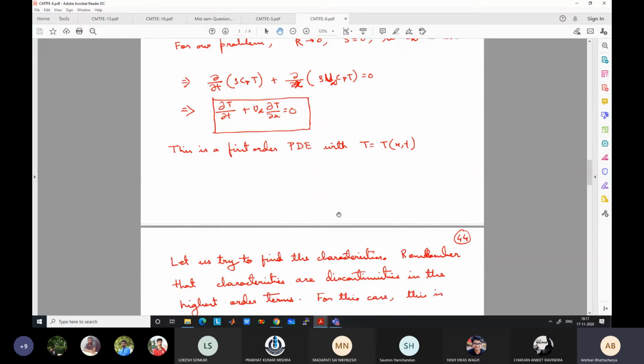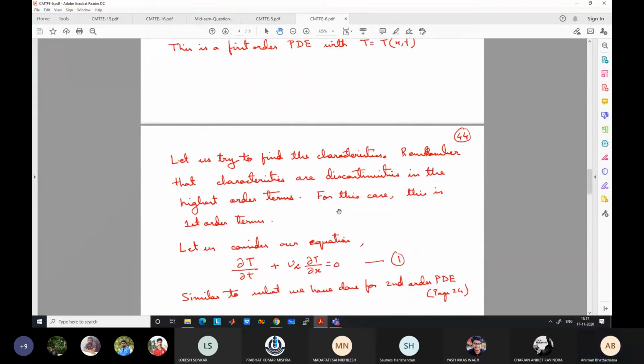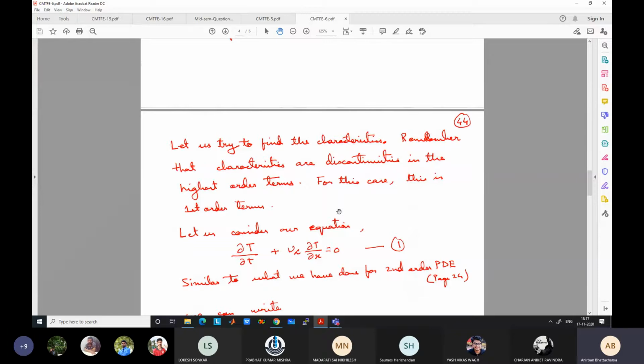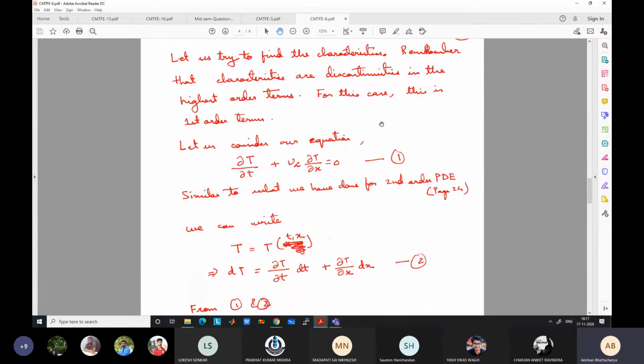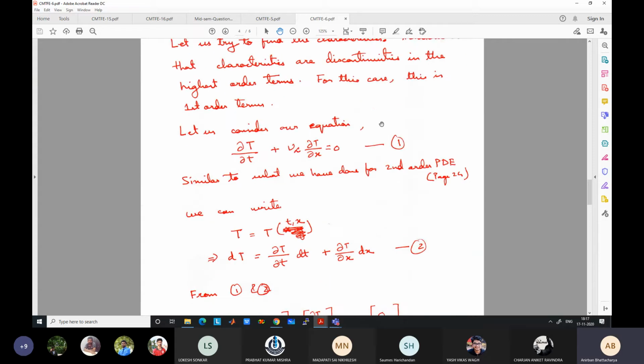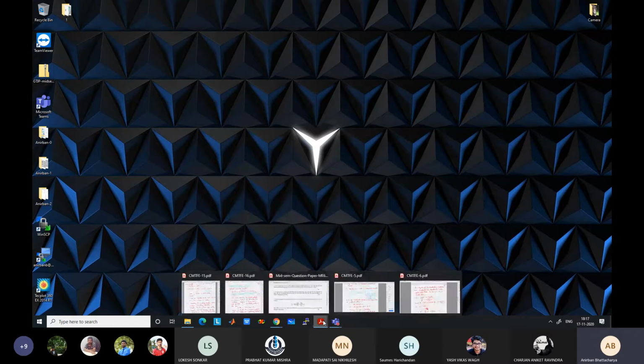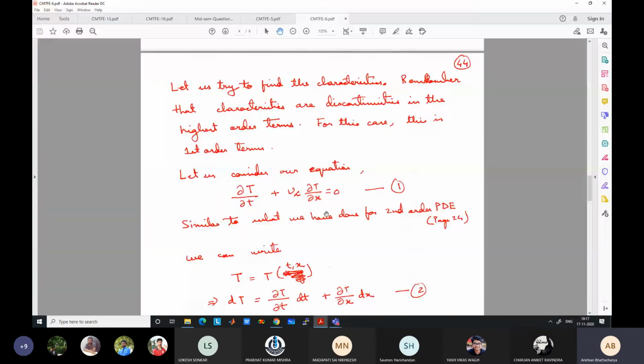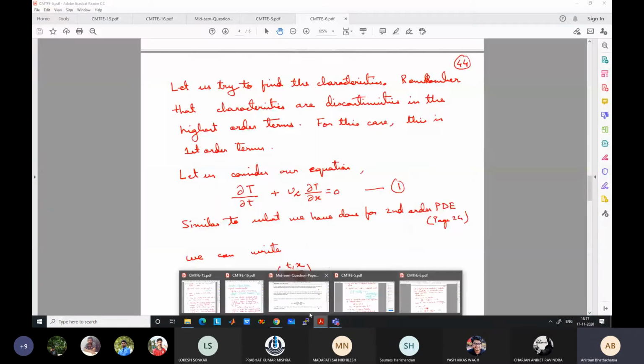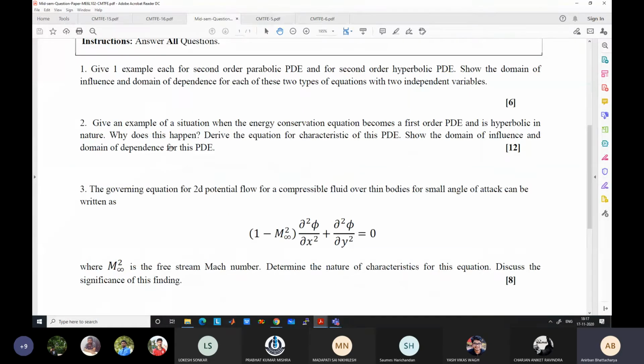So for this case it becomes a hyperbolic equation. You don't need to show why it is hyperbolic, but the second question asks the physical reason why it has become hyperbolic. Not the proof that it is hyperbolic, but why does it happen? And almost none has answered that correctly. This happens because physically,